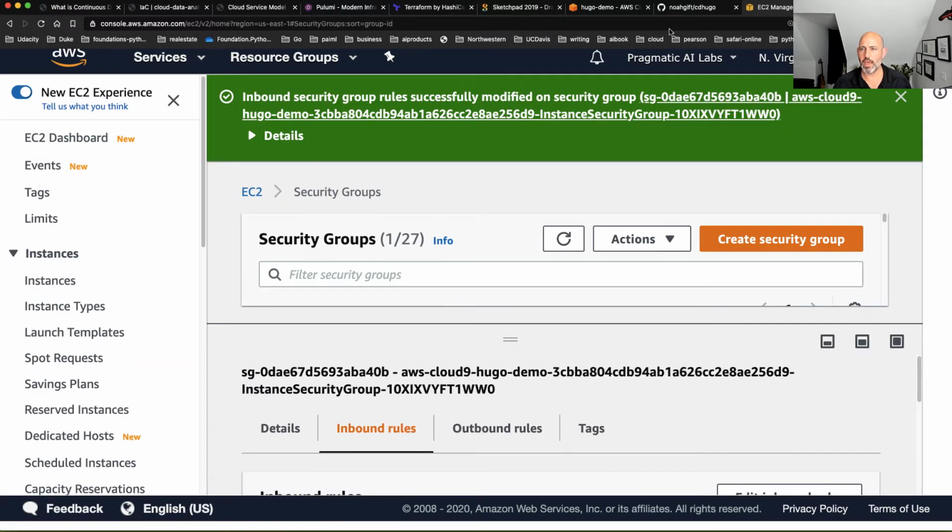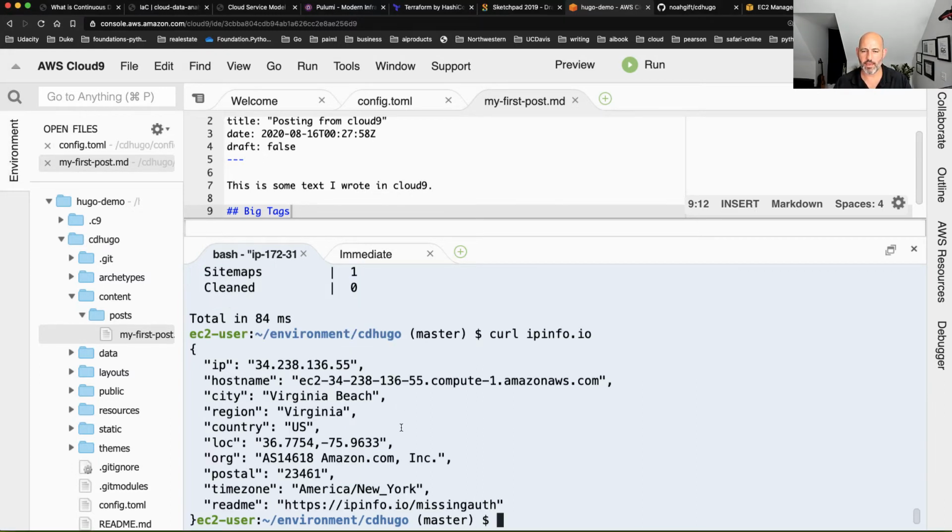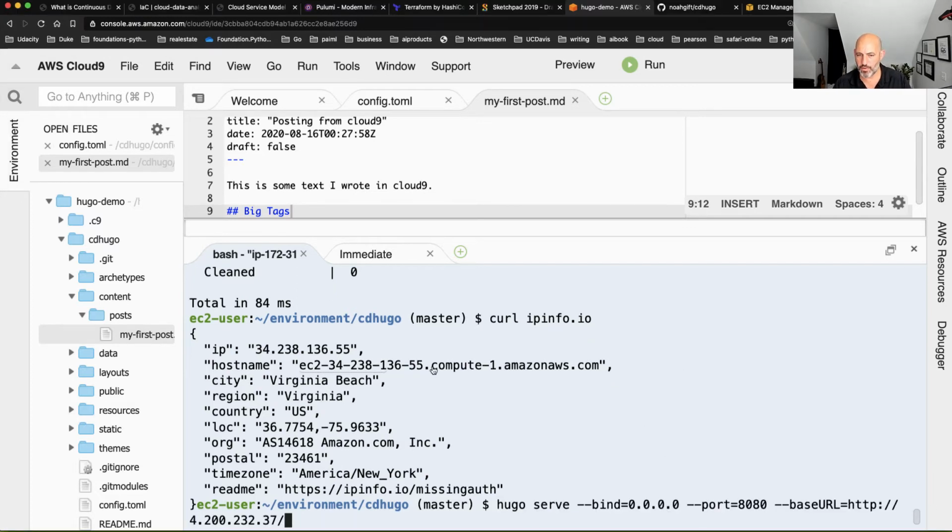There we go. And if I go back here, I think I would just need to go to curl ipinfo. This shows me what my host is, and I could now go to Hugo and tell it to bind to that port. So I would say Hugo serve, and then put in this IP address, just like that. And so basically bind to this IP address and then serve it out to me in my house, right? So I can connect to it. So let's do this. That looks good. Looks pretty good here. Let's just double check that that is the right one.